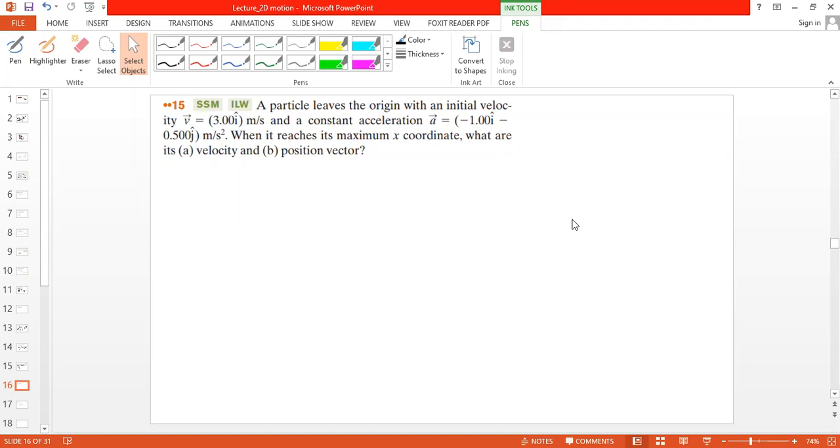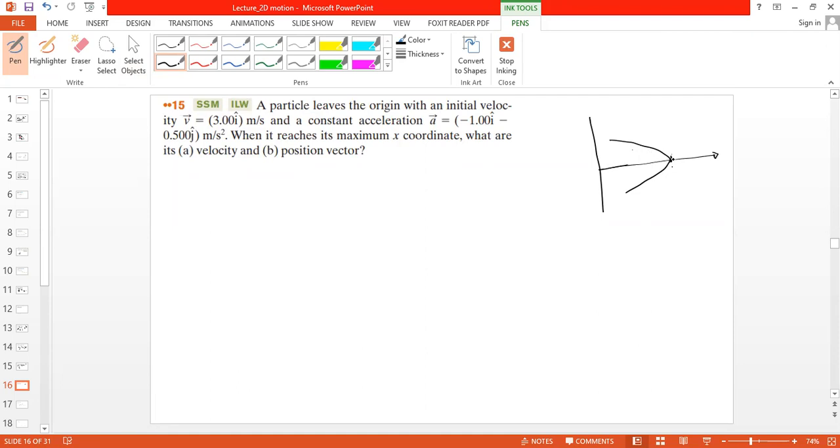So, velocity of a particle is given. This is the velocity, and it has a constant acceleration 1i minus 5j. Now it says when the particle reaches the maximum of its x coordinate. It's like when the object travels and reaches the maximum of its x coordinate, maybe the velocity at the maximum of the x coordinate is 0. Yes,